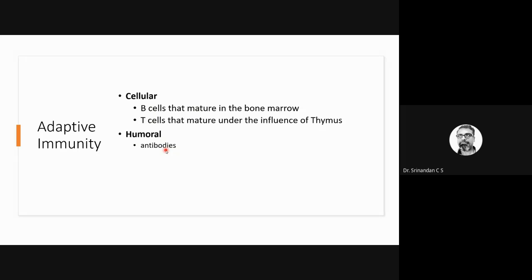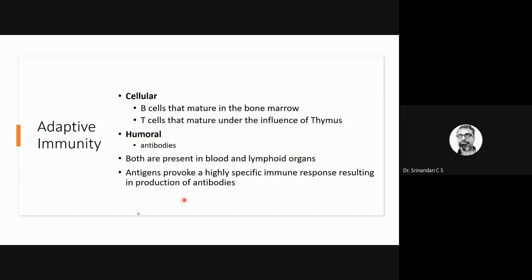Here there is no hemoglobin, so it will not be a red color. It will be nearly a white color. Lymphoid, we also call lymph, and it is distributed all along. This one is called humoral, and this is cellular. So the adaptive immune response will be based on cellular and humoral. Both are present in the blood, and as I told, lymph, that is the lymphoid organs.